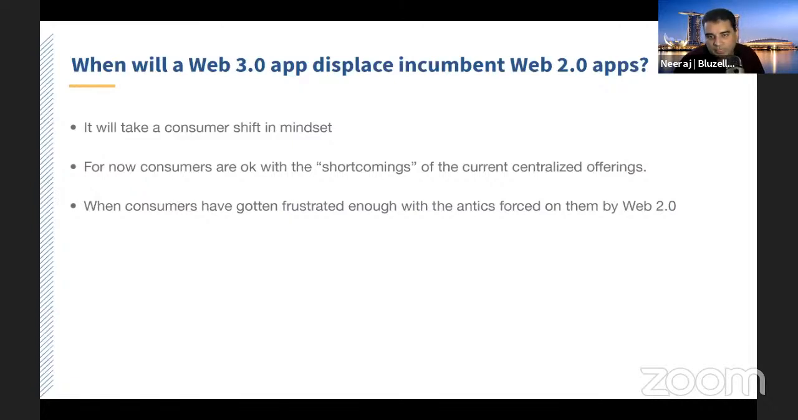So consumers are okay with the shortcomings, and that basically means the pain points for Web 2.0 just don't exist in the consumer space. It's going to take time. When those consumers have gotten frustrated enough, and they will, they're already starting to notice it, they're going to automatically start looking for alternatives. One of the smaller examples of that is cryptocurrency, which I didn't spend a